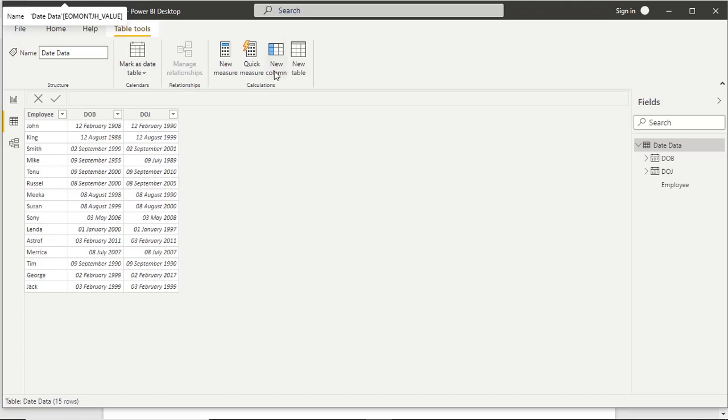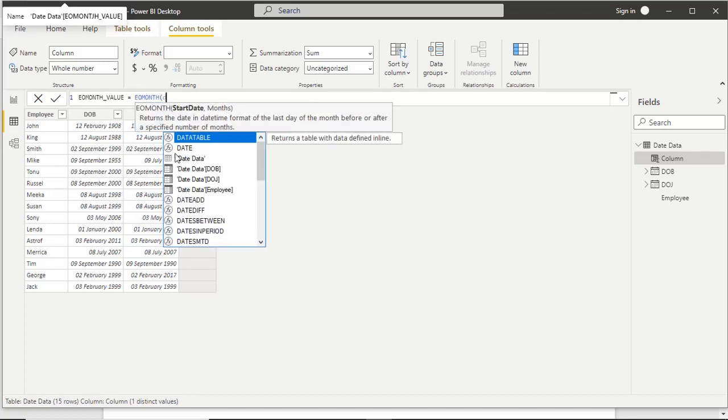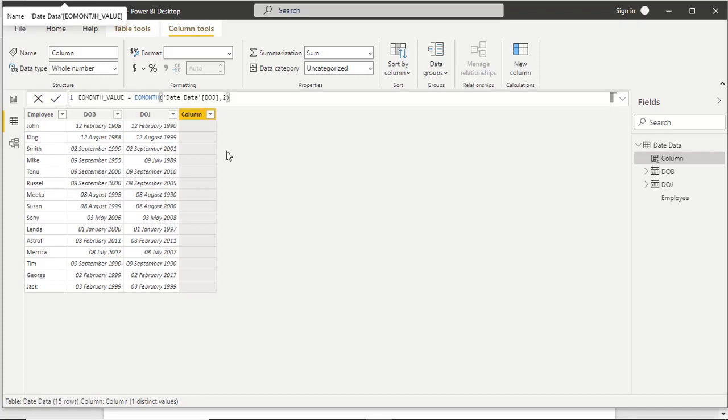So we create a new column, then EOMONTH, end of month, date of joining, then comma 2, enter.